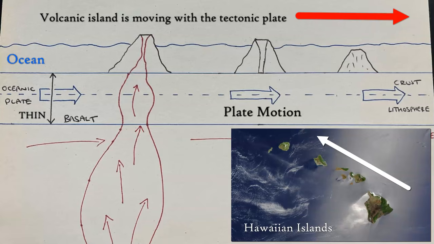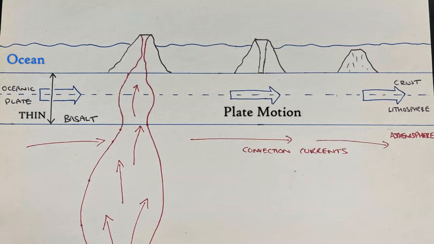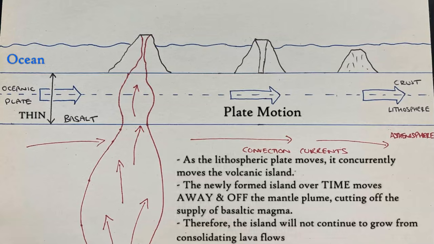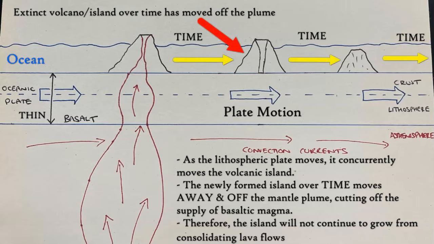And the island that's on top of the plume is going to grow and develop, and as it moves with the tectonic plate in the direction of the convection currents, like the Pacific Ocean moving in a certain direction according to the oceanic crust, then that volcanic island will no longer be active and just become an island, and it'll move off the plume and it will just start to exist as an island, but slowly break down